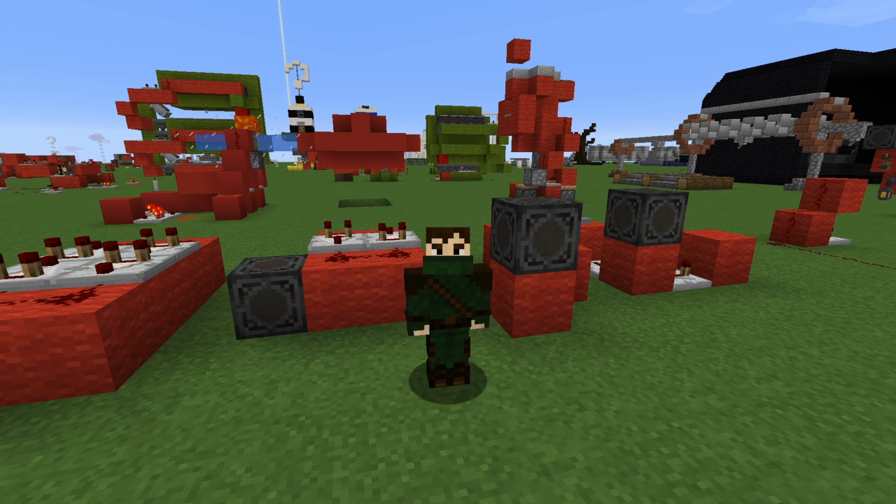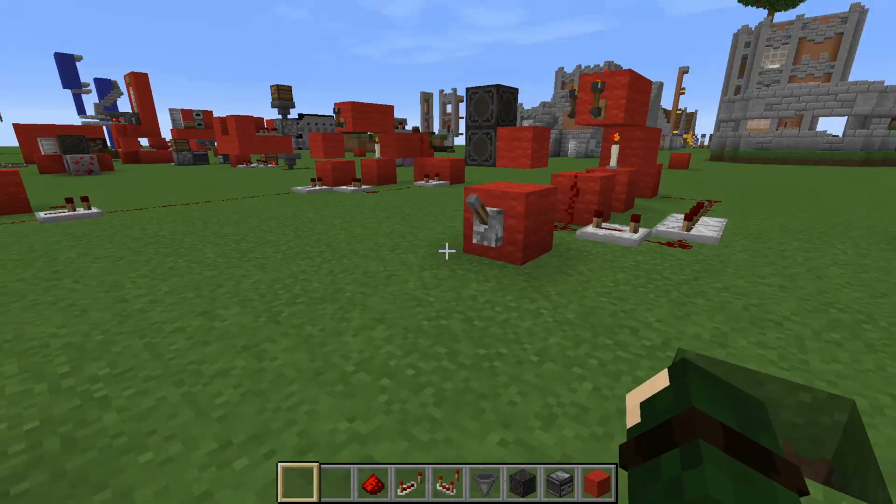I thought we would revisit how to turn a lever into a button and a button into a lever. Minecraft redstone is so different now since that video came out just because of one block, the observer block. It has compacted things so much. I'll give you an example.